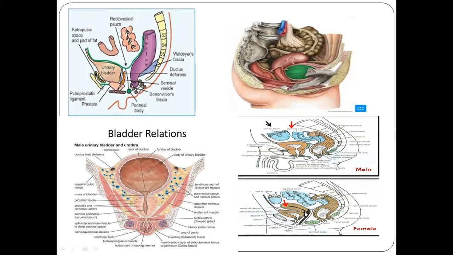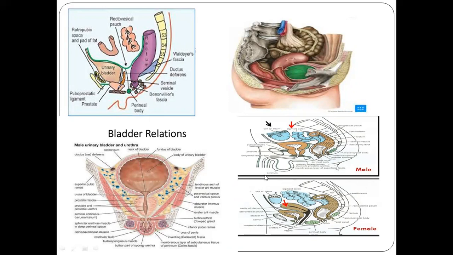Here in female, the uterus lies over the urinary bladder, along with the sigmoid colon and loops of ileum, and this is the rectouterine pouch. The peritoneum, which covers the rectum, reflects over the uterus, and thus it forms the rectouterine pouch. This is very important in case of female, as inflammatory fluid collects here in the rectouterine pouch. It has clinical significance, and this is the uterovesical pouch, which has less clinical significance.